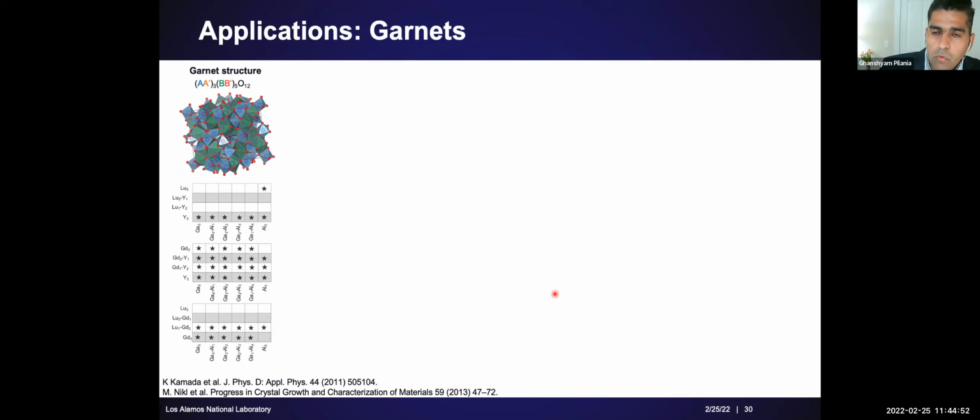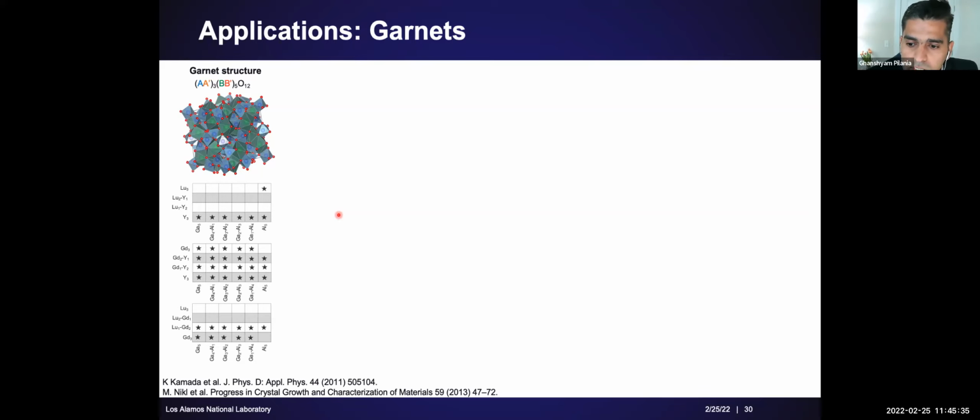So let's switch gears and move on from perovskites to garnets. In this particular case, we consider a very limited chemical space. Garnets are A3B5O12 type compounds. Here we allow for two A site cations and two B site cations, and the A site can be occupied by either lutetium, yttrium, or gadolinium. And on the B site, we have gallium and aluminum. Within this limited chemical space, many of the chemistries are already known to be scintillating, so we don't really need to worry about scintillator versus non-scintillator classification. There are well-known scintillators like LuAG and YAG that fall within this chemical space.